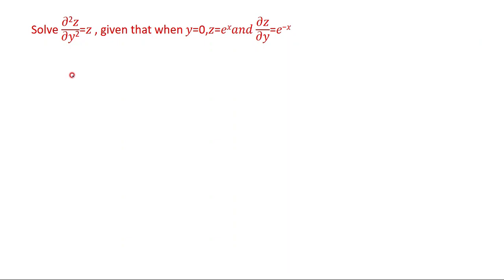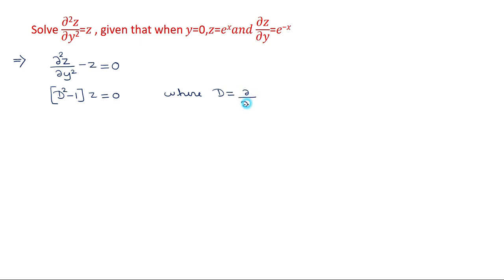Hello students, in this video we find the solution of homogeneous partial differential equations. So given ∂²z/∂y² = z, we can write this as ∂²z/∂y² − z = 0. When the partial differential equation is homogeneous, it is as good as an ordinary differential equation. So we can rewrite this as (D² − 1)z = 0, where D is